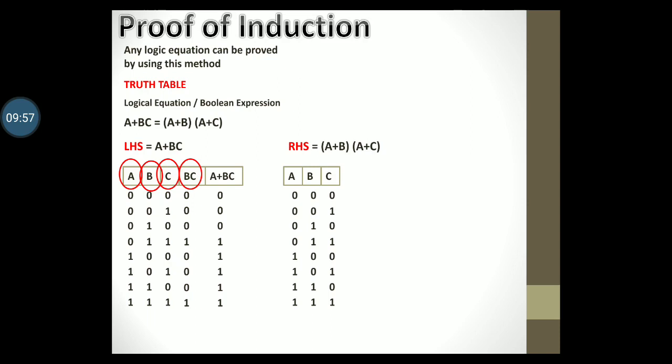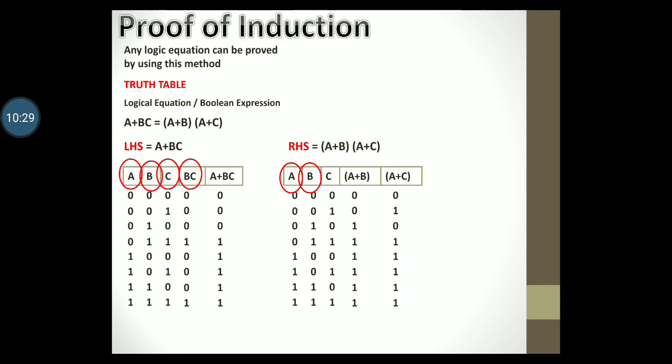Now from the RHS we get one term, that is A plus B. For this, we need to find the logical OR of the columns A and B. So doing this, we get, similarly, we have yet another term in the RHS which reads as A plus C. For this, you need to find the logical OR of A and C. And we get,